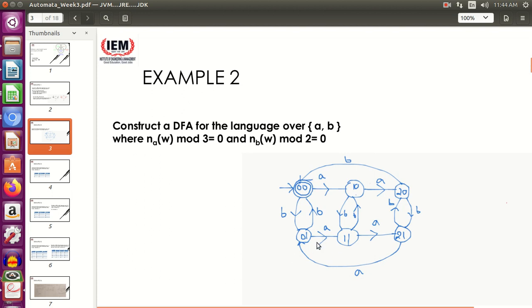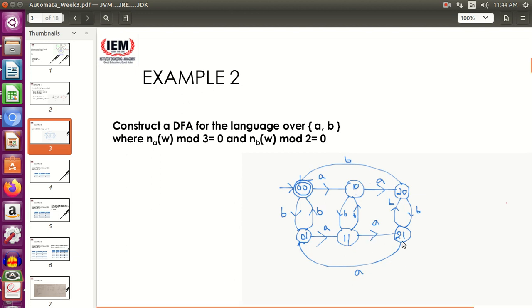Similarly, for the lower horizontal portion you will follow the same trend, just as you have done. You will be counting the number of A's. In the vertical portion, what will you be counting? You will be counting the number of B's. So the number of layers will be 2. Why? Because here we are checking mod 2. So simply put an arc for B, and put an arc for B in the reverse direction. This is very quick and very easy once you know the trend it follows.